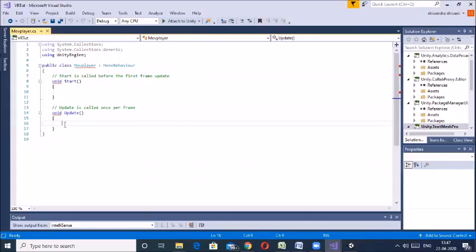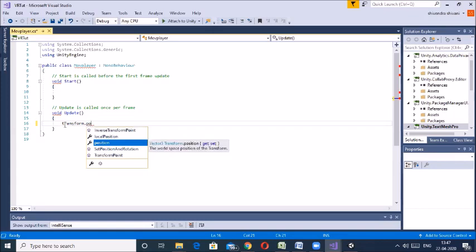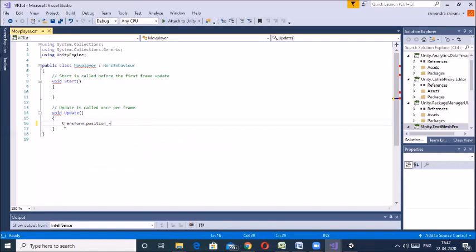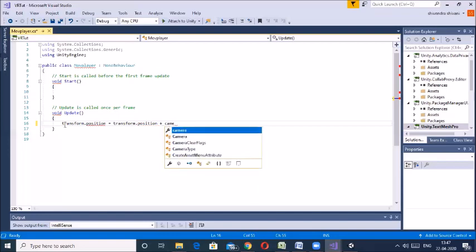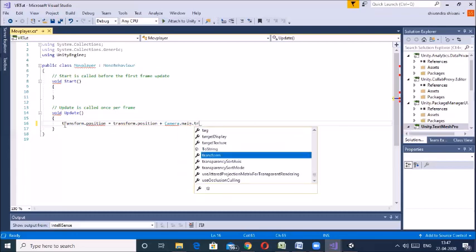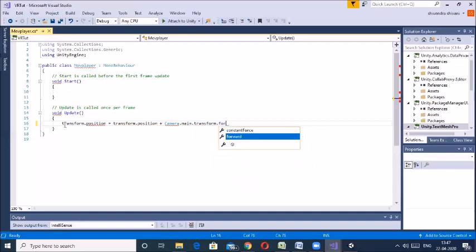So you have to write a single line command here. What I want is that the player should move in the direction of the camera view. So just write here transform.position equal to transform.position plus Camera.main.transform.forward.